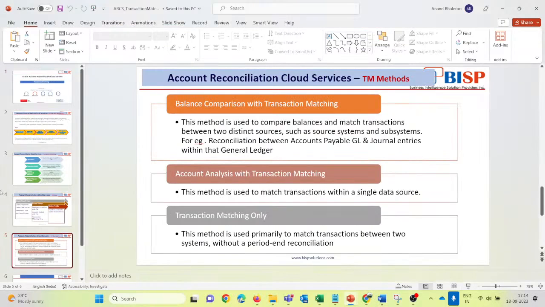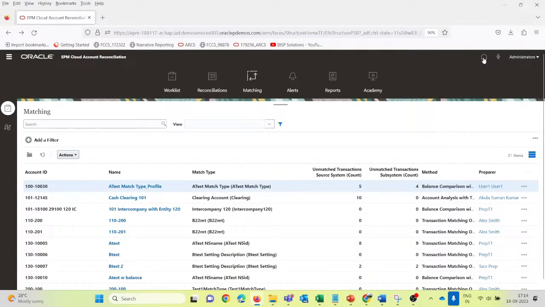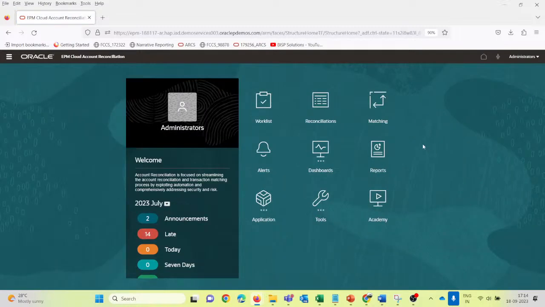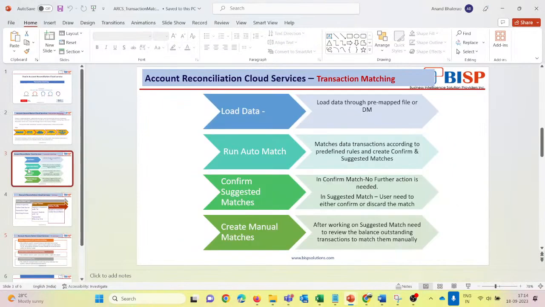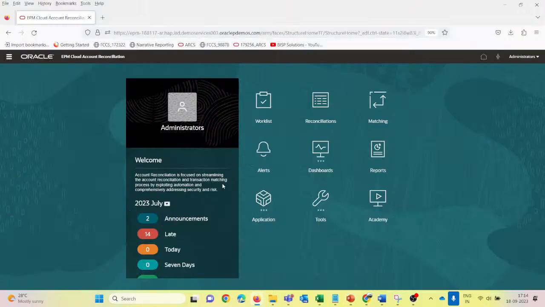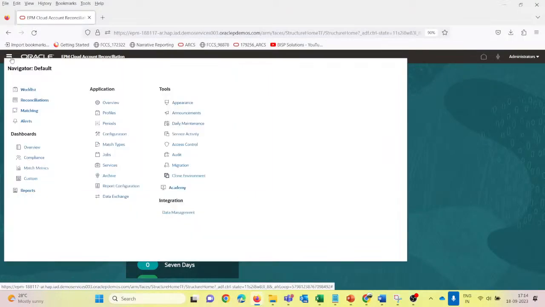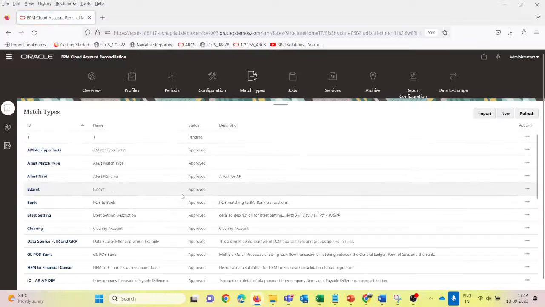Okay, now we will go and create the profile directly, and we'll try to understand it with the help of a practical example. As we said, in this we first need to create a match type for it. To create this match type, we go from the navigator to under application. We have these match types,